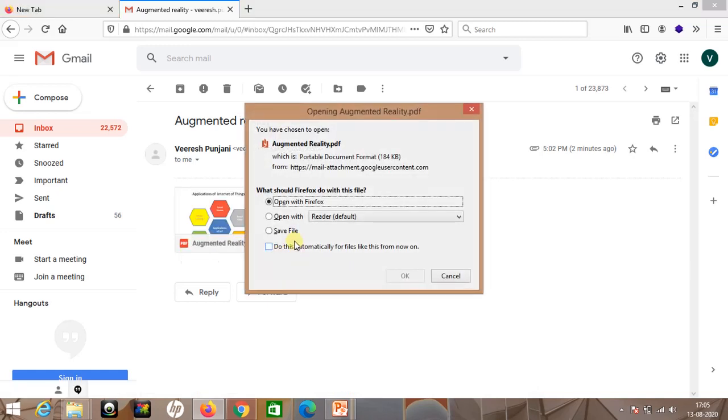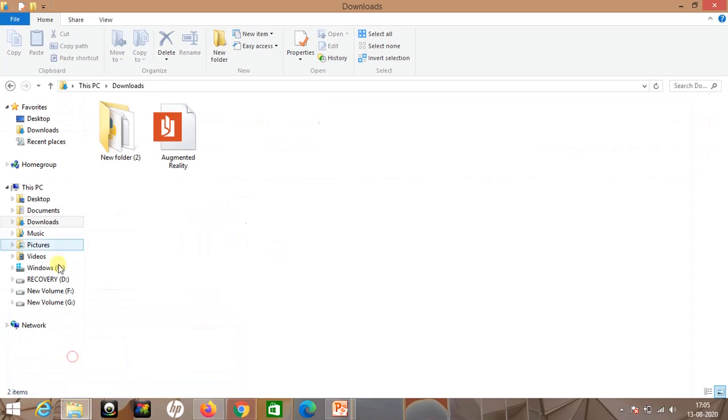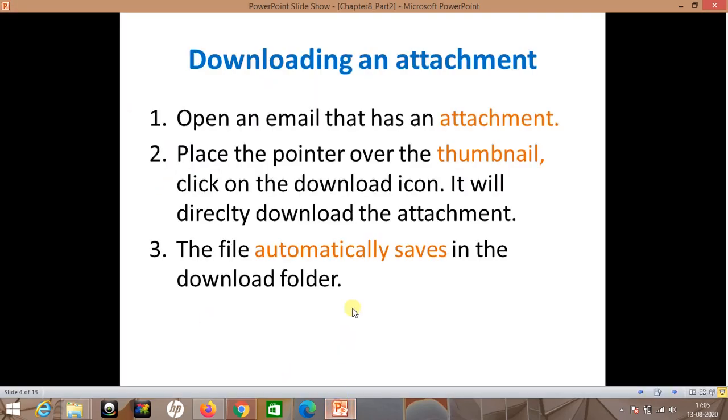Then it will ask to save our file, and we have to click OK. Now the file has been downloaded and saved in the downloads folder. You can see here this file. This file has been downloaded and it is kept in the download folder. So in this way we can download an attachment from the email.